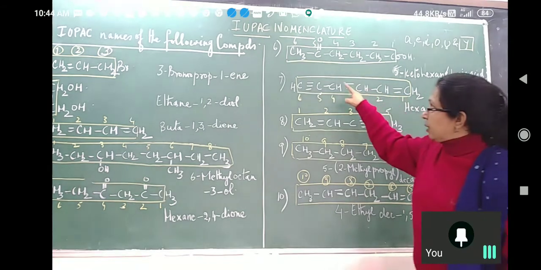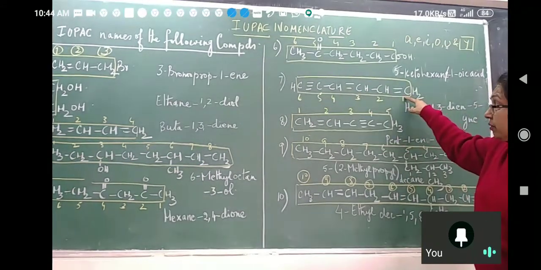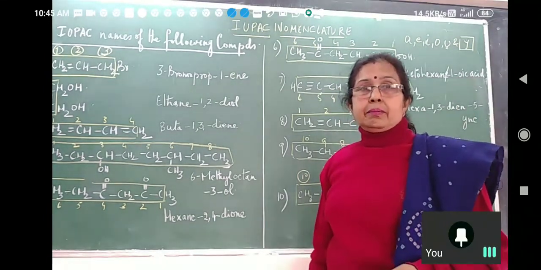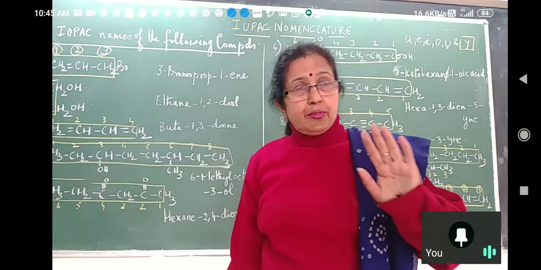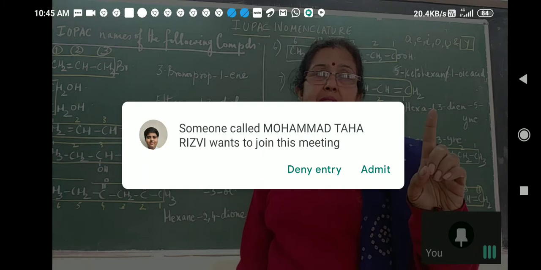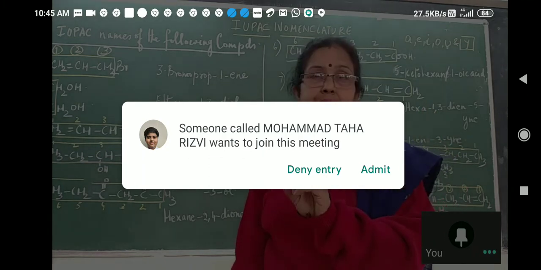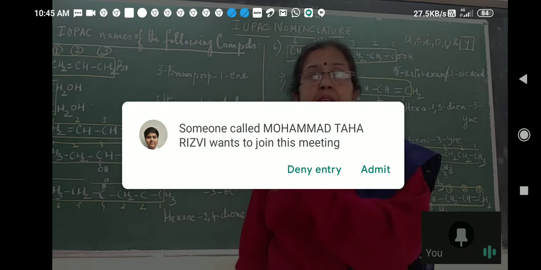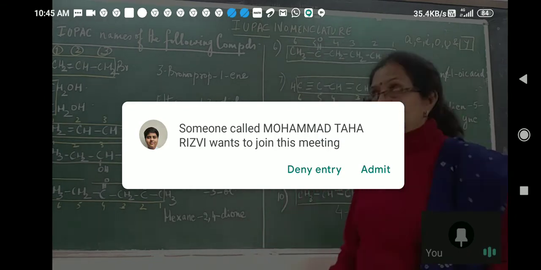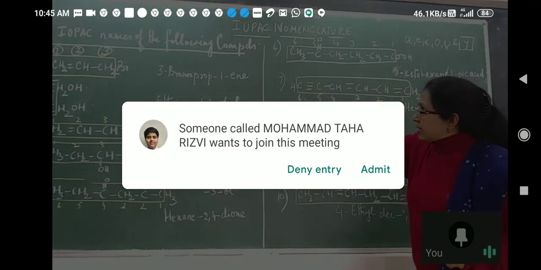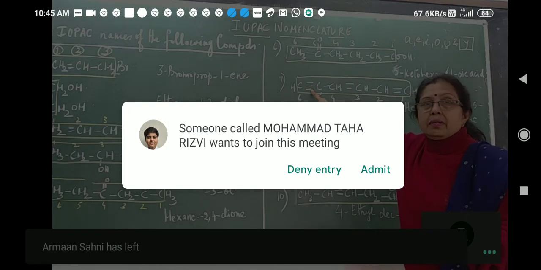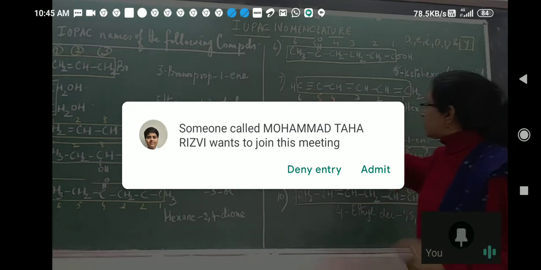All double and triple bonds are part of the main chain. There are 2 double bonds and 1 triple bond. See, I will tell you the rule here. There may be 4 double bonds and 1 triple bond. But even if 1 triple bond is present, the root word becomes "-yne". So "-yne" will be the ending word, even if the number of triple bonds present is less. So it is 6 carbon atoms and a triple bond. So the ending word is what? Hexyne.